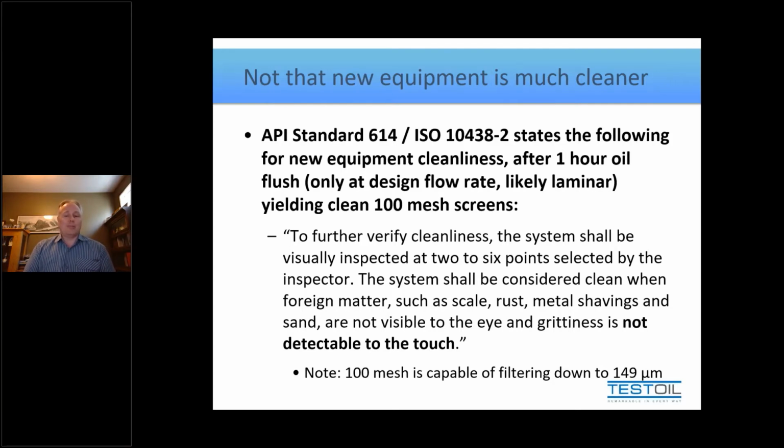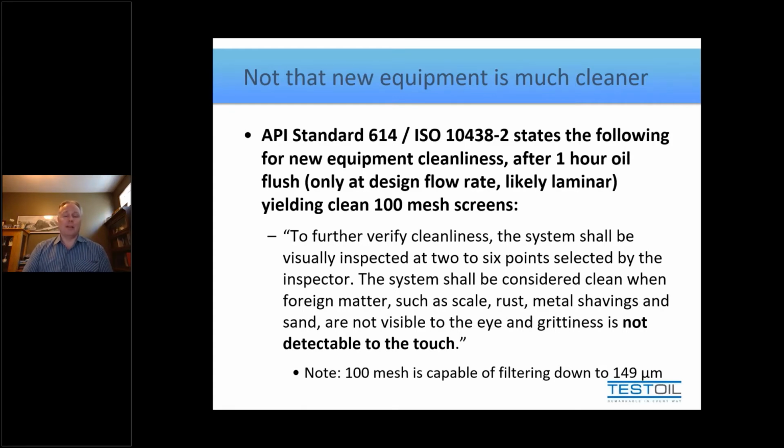To begin with, it says the flush should be of a duration of 1 hour. Well, if any of you have any experience with flushing, you'll know that 1 hour is nowhere near enough time to flush even some of the smaller systems. It can take days to flush a larger system. So 1 hour is definitely undercutting the ability to get rid of most of the contamination inside of a system, regardless of its size.